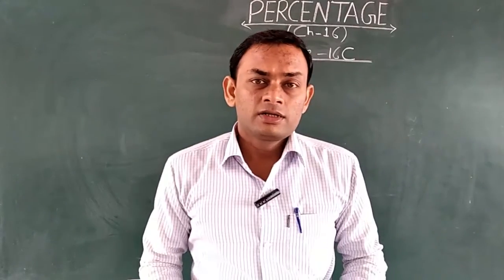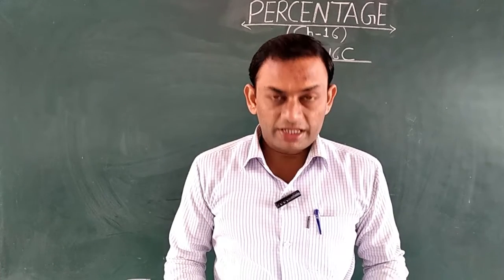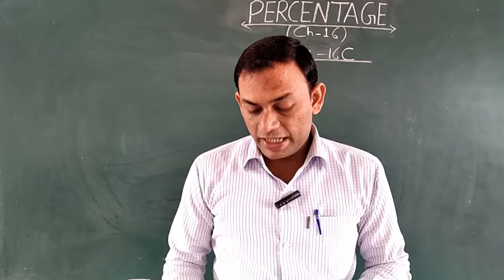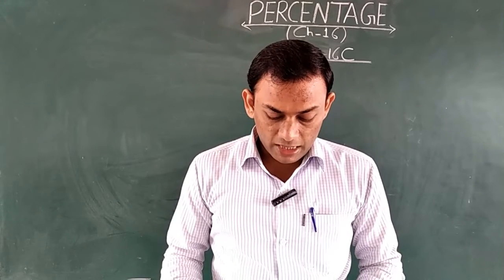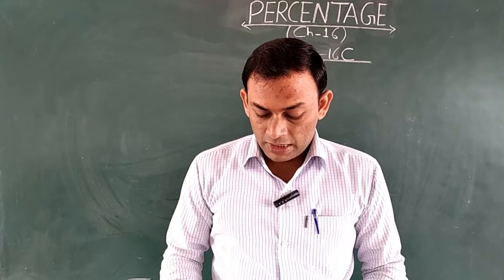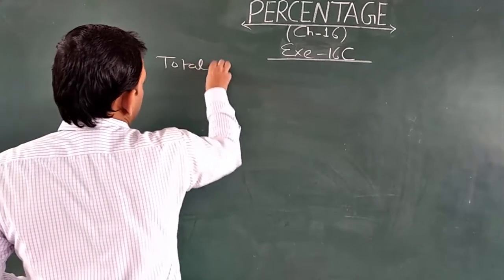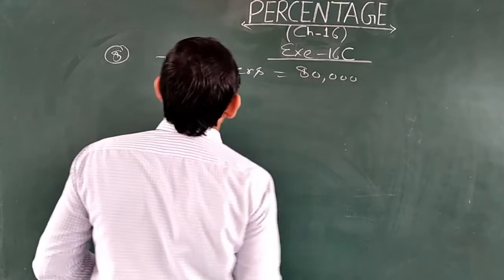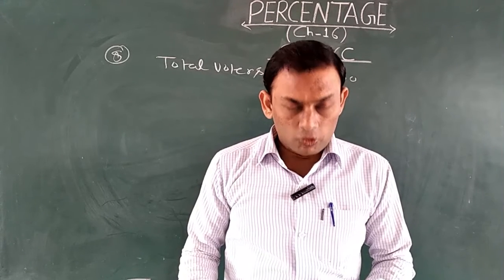Now after that, the question number 8 I am just going to tell you. In an election, there are a total of 80,000 voters and 2 candidates, A and B. 80% of the voters go to polls, and out of which 60% vote for A. How many votes does B get? Question number 8. Total voters are 80,000. Okay, and out of 80,000, 80% voters were polled.